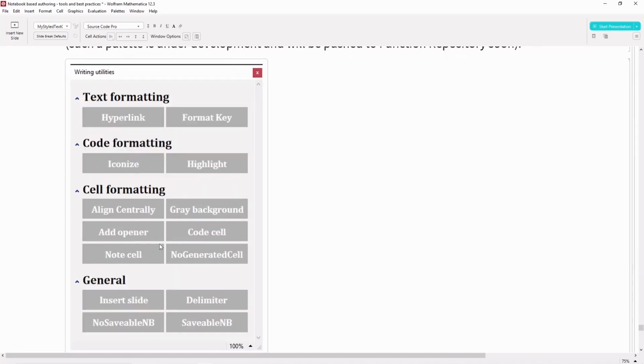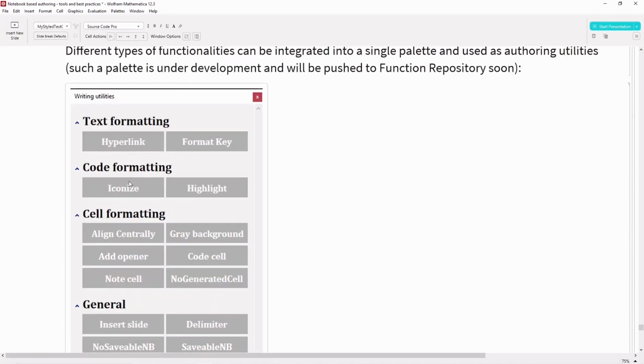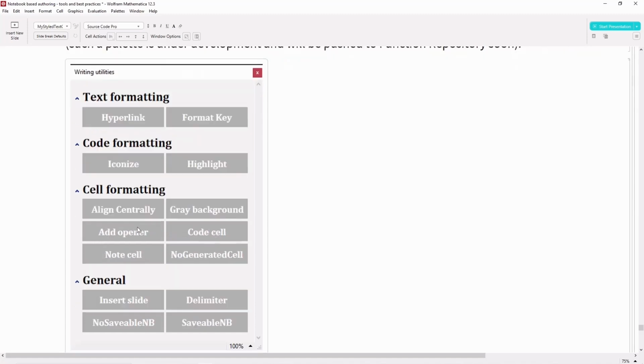Palettes like this are convenient to use when you are editing your presentation notebook. This way things can be done in a quicker manner. This palette is under development, and it would be available in the Function Repository soon.